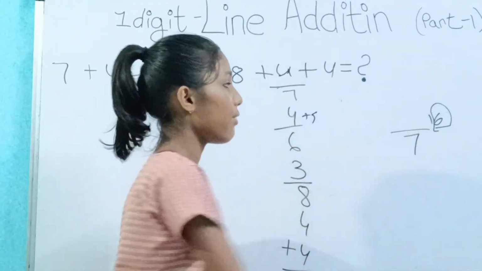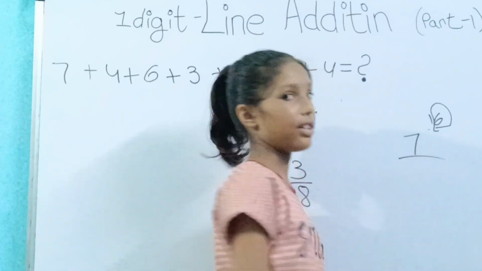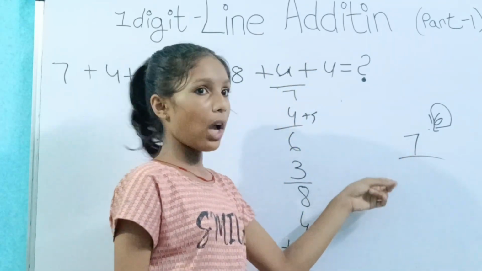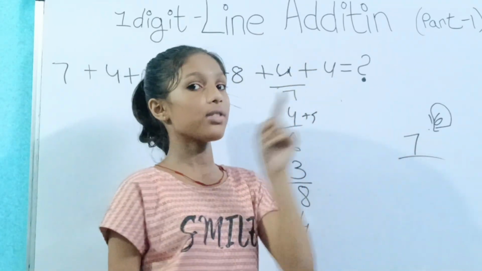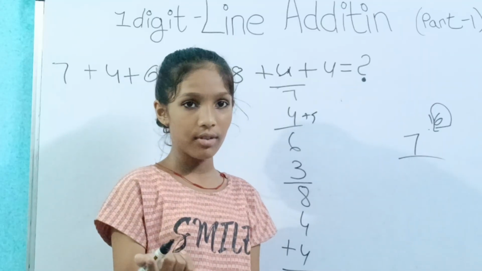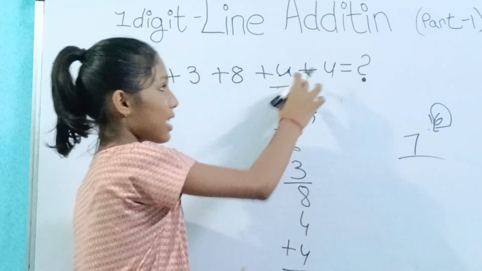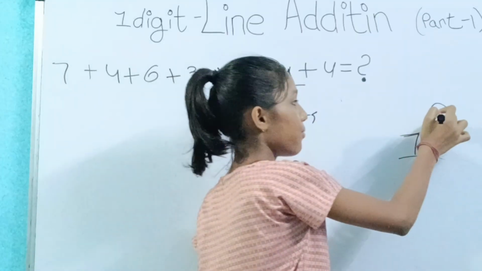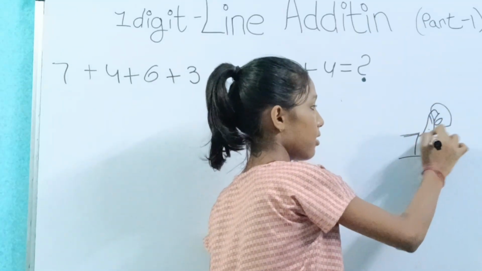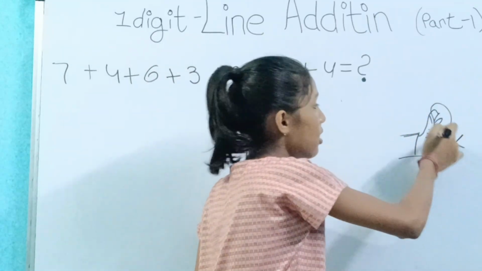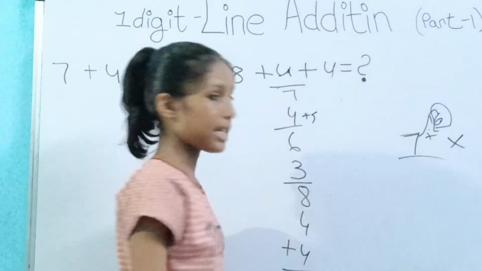Even if there was no dash on 7 and under 7, then here we are going to add 10 to 7. No, we write 0 to 7. So what will we get? Whatever number we get, we'll write it down here. So that will be the answer. But here there is a line. So we are going to copy this fully instead of adding it to this. We will not do that. This is the wrong step. This 6 here, write 6 here only.